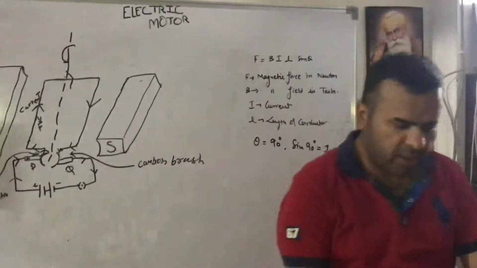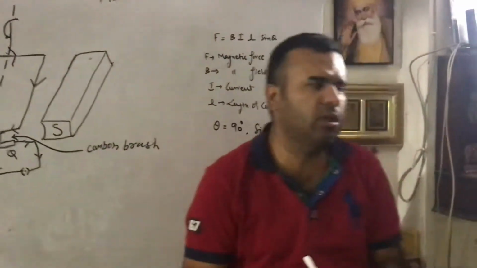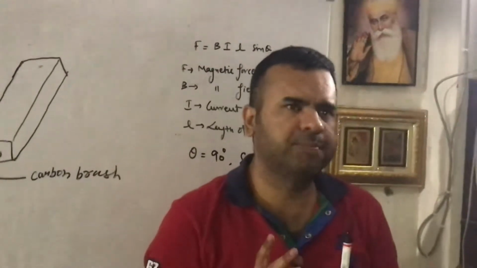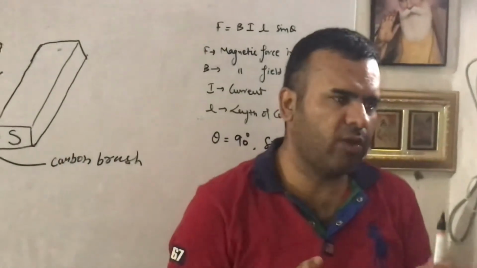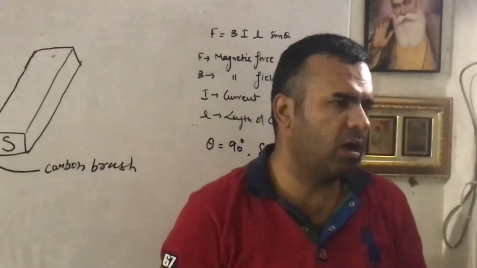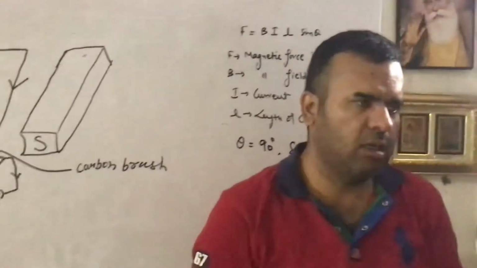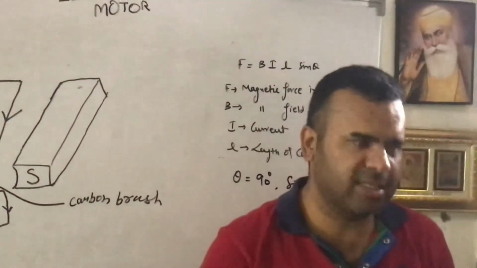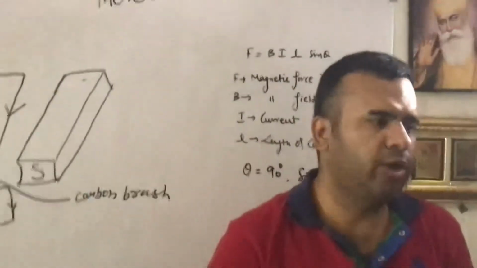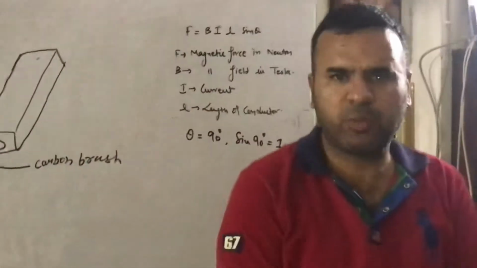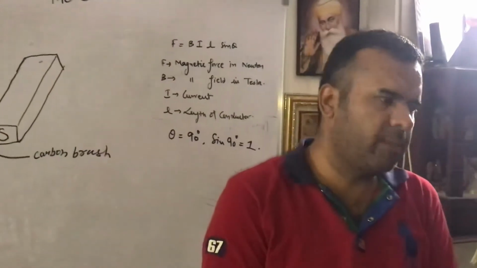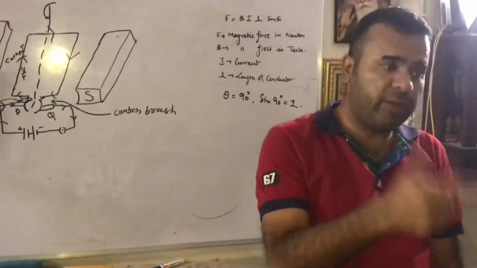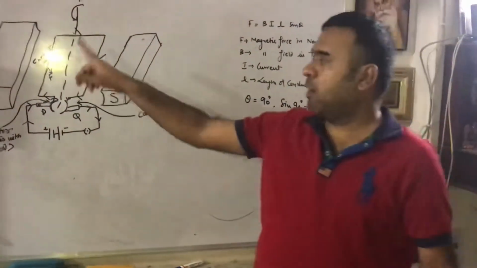First of all, we will study electric motor, which is based on the same principle as that of the kicking wire experiment. As you know, in the kicking wire experiment, if a straight current carrying conductor is placed in a magnetic field, then a mechanical force is exerted, due to which the conductor rotates continuously. The only difference is that in place of a straight conductor we will use a rectangular coil here.